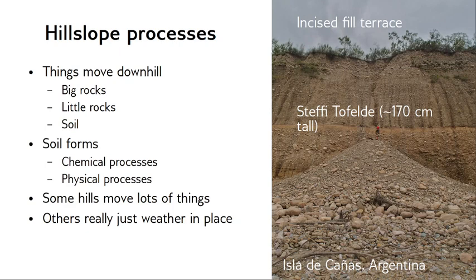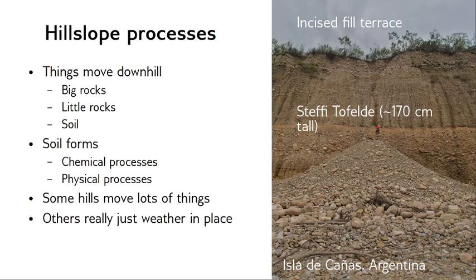And in general, hillslope processes can be summarized as things move downhill, whether they're big rocks, little rocks, or soil. Typically, big rocks move downhill in bigger landslides. Soil moves downhill through slow creep. And soil can form through chemical and physical processes. And although we don't often think about this in weathering, many of these processes can be biologically mediated, whether we're talking about